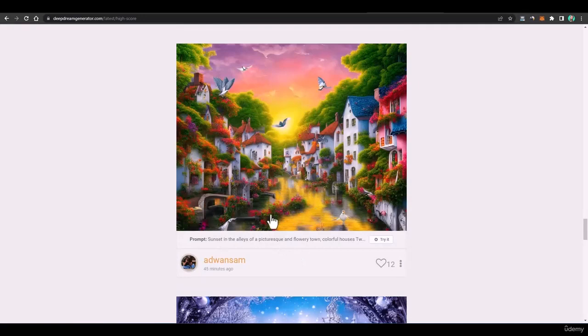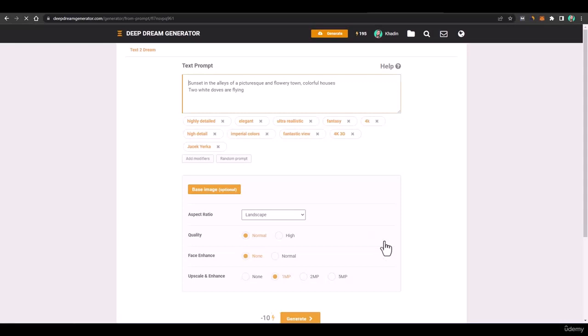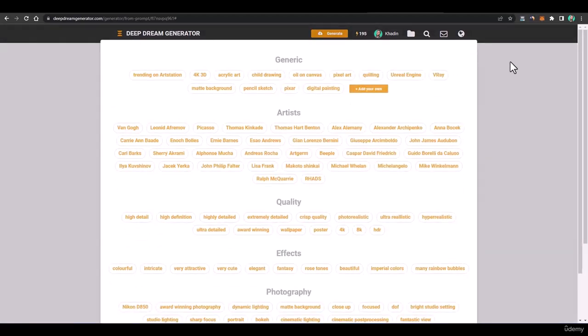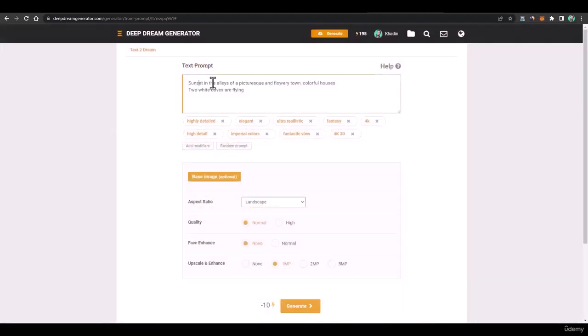And if you want to try it, you want to create a similar art, you can just click on try it. And here you go, you have the complete prompt of this art, and the same art would be generated from it. But if you want your own art, then what you can do is you can just add some modifiers, and you can just modify this text a bit.